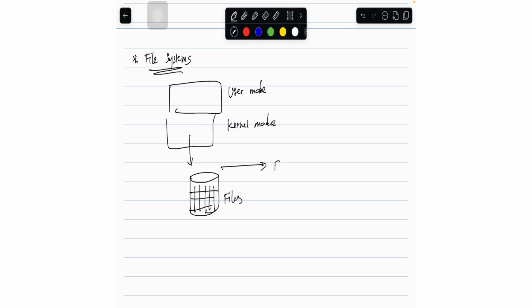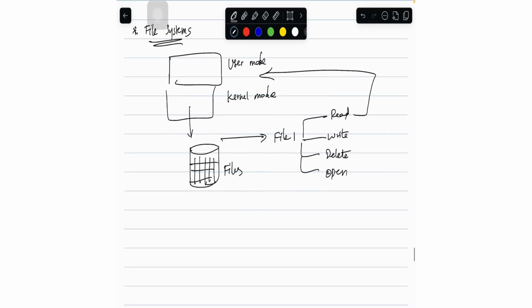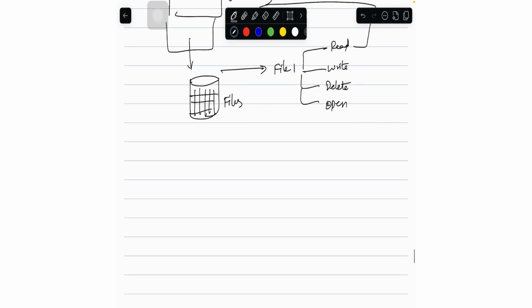It takes a file, let's say file one, and it can perform some operations like read or write, let's say delete or open, something like that. And if all these operations are done, let's say we've read something, it'll give a response to the user mode again. So we need to have a proper established, streamlined communication with the disk to do all these file manipulations. So the OS